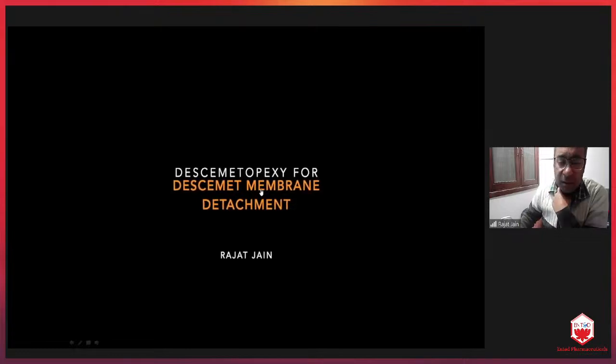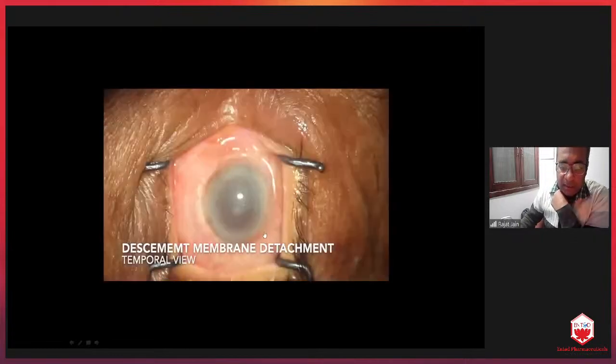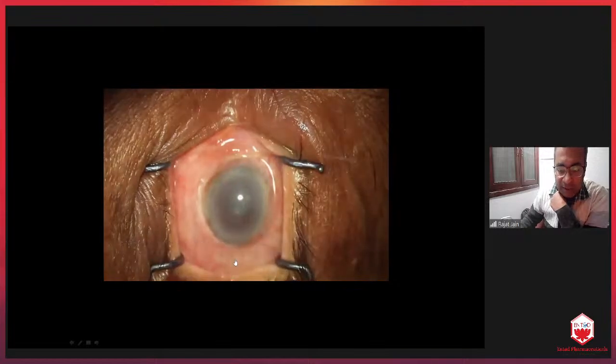A few tips first. Number one, this is a temporal view. I'm a temporal surgeon, so this is temporal and this is the superior part. What you notice is that the desmoid, although it is a complete edema, is more focused in the inferior area, in the central and the inferior area. This area appears to be relatively spared. I'll tell you why this is important in just a little bit.